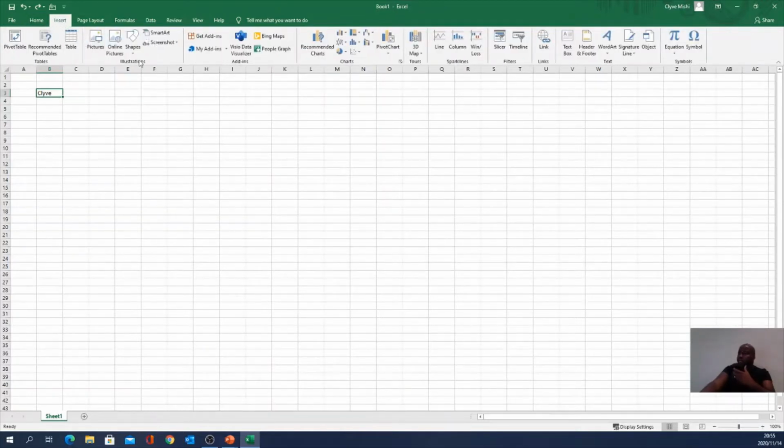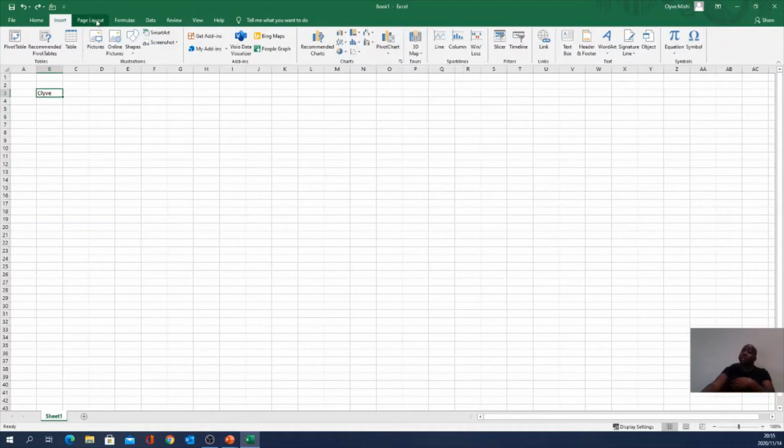In the insert command group, if you want to insert anything into your workbook, for example, you want to insert a chart or add a chart, that's where it is. If you want to insert a picture from somewhere, you can insert picture here. This is the insert. You can insert shapes, you can insert quite a number of things. We'll learn that in due course. For the purpose of this part, just know that there is an insert command group where you find various commands. So these are commands where you find various commands to insert anything you basically want to insert in an Excel